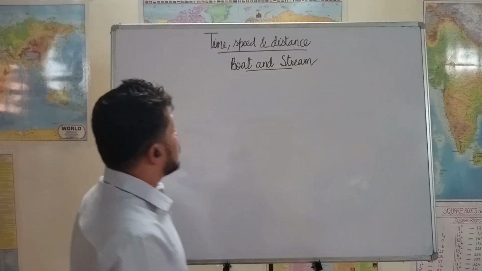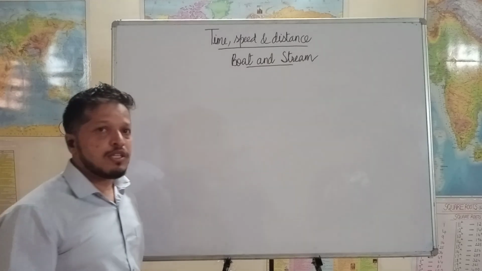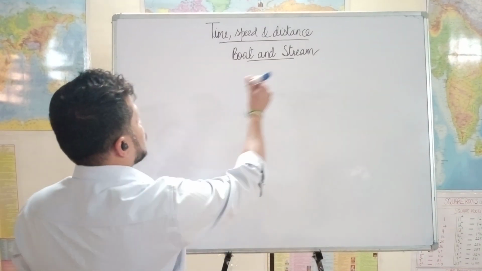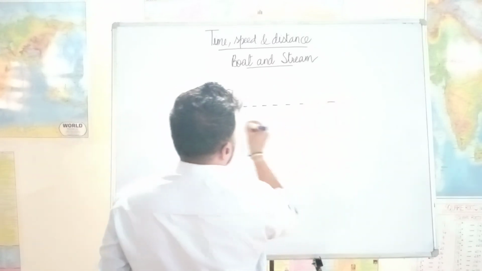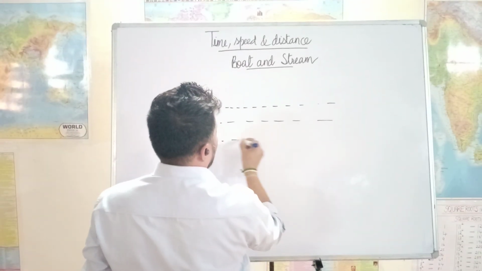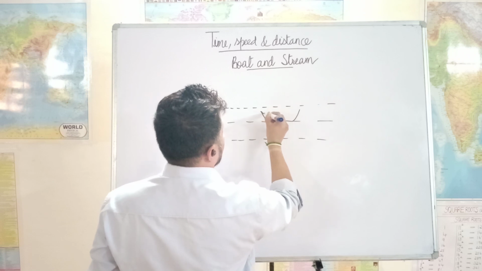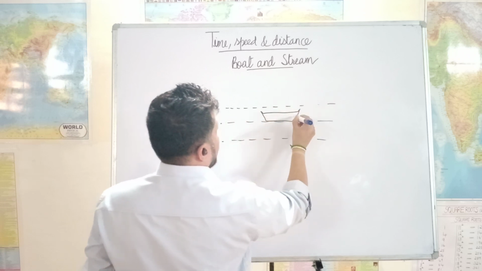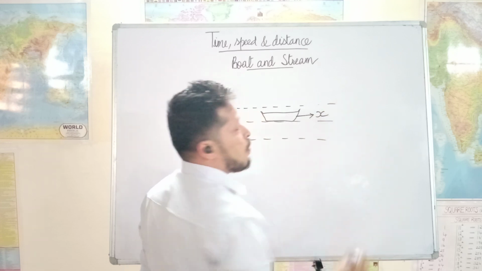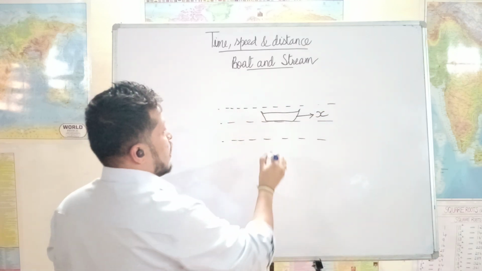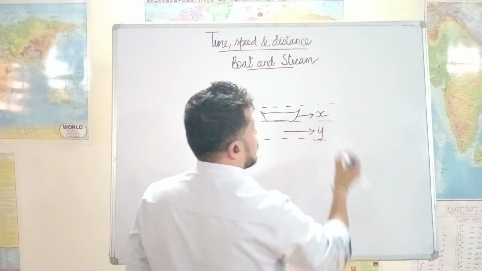Okay, let us move ahead with the topic time, speed, and distance, and the next topic is boats and streams. See, let's say there is a stream and a boat. If x is the speed of the boat in still water, and if y is the speed of the stream,